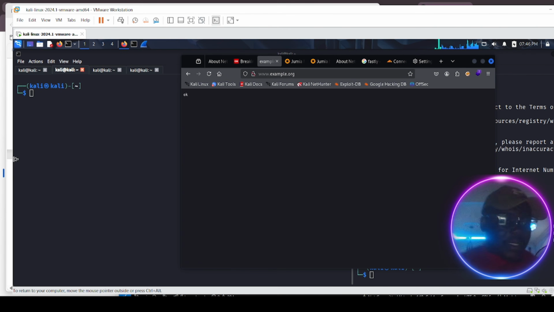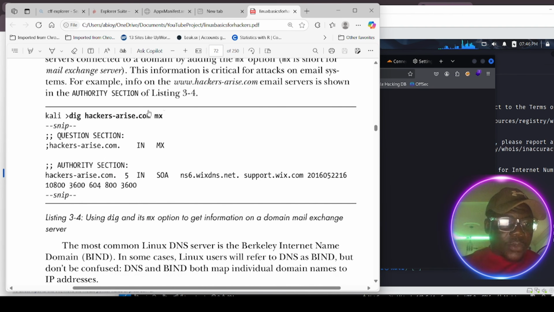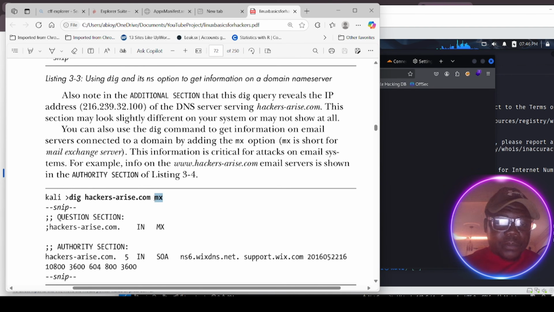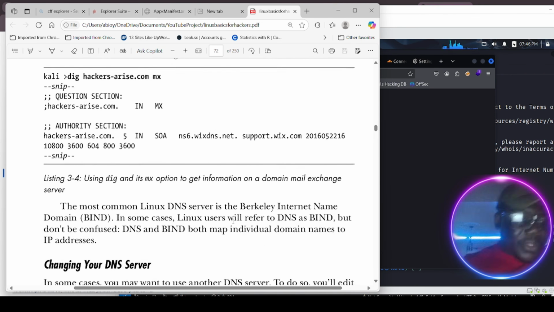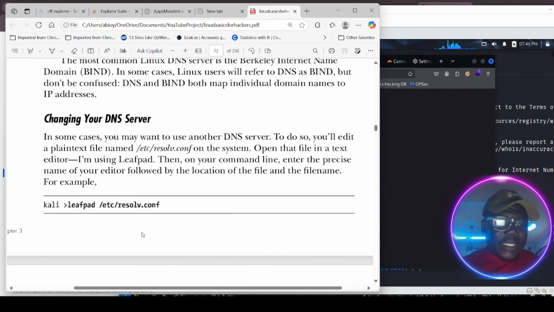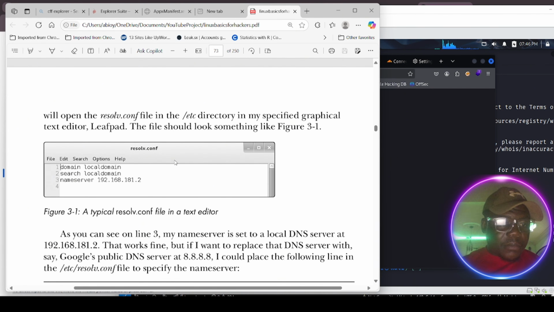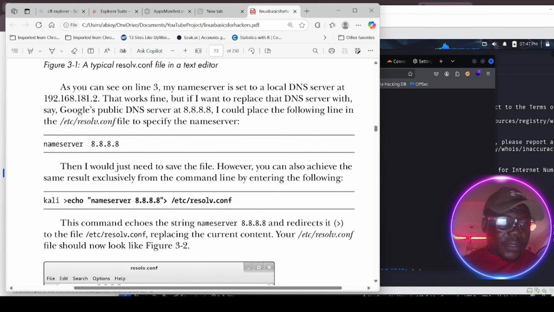So let me look at the example here, because that's the same thing we are going to do. Dig here, goes to this place, MX. No, this one is just to check your mail server instead of checking just the DNS. So just to check mail server. So changing our DNS. Let's see. Resolver DNS. Okay, we don't need to. We've talked about that. Name server